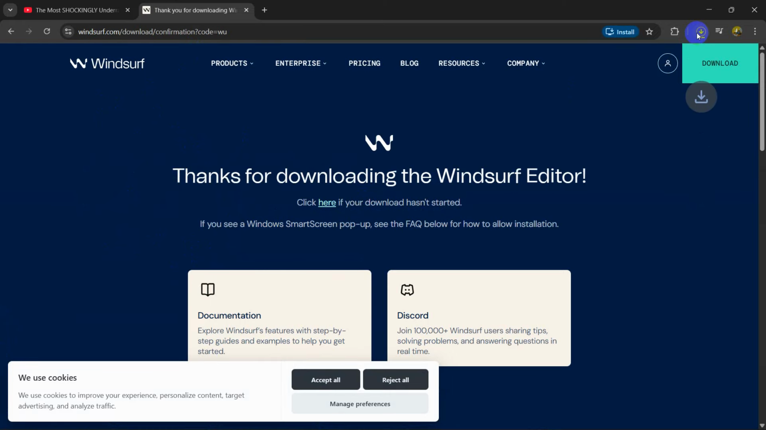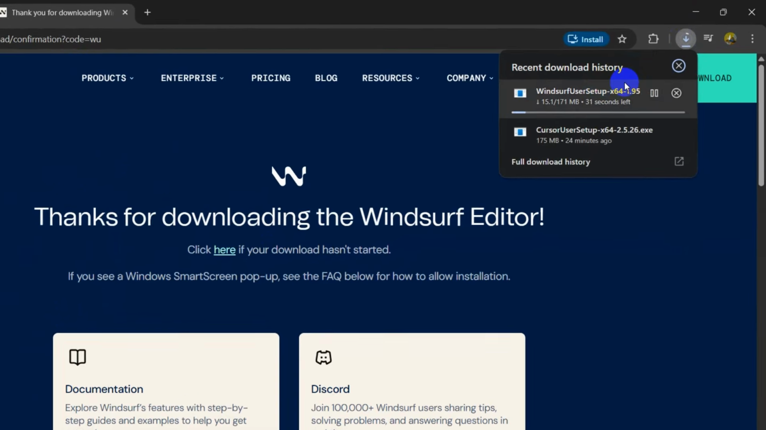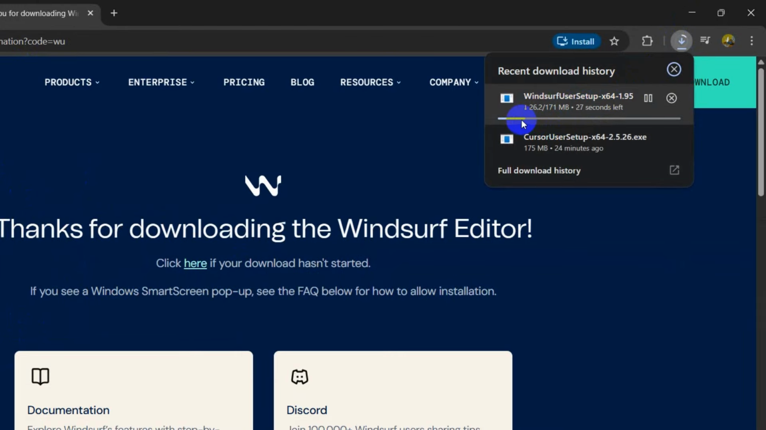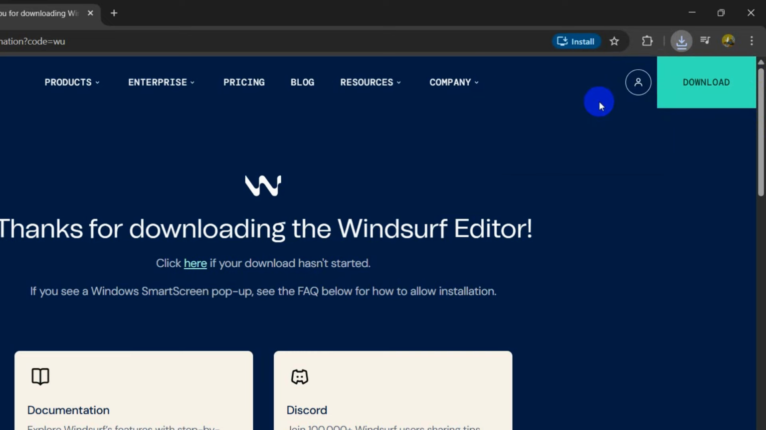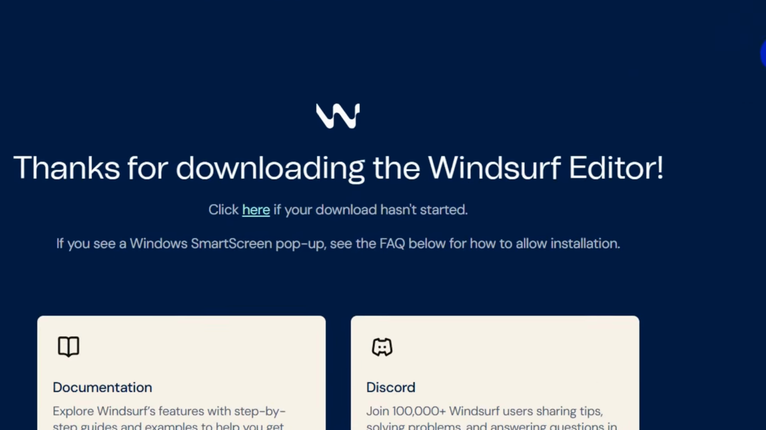So you need to click here and it will start downloading an exe file. Here you can see, and it will take a few seconds to download. And there you can see download is complete. So when the download is complete, you just need to double click on this downloaded file and it will pop